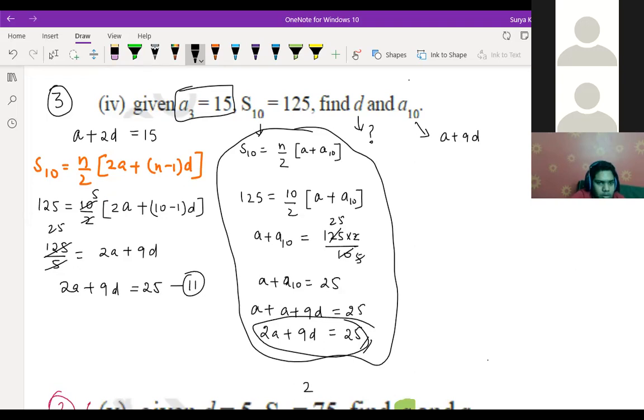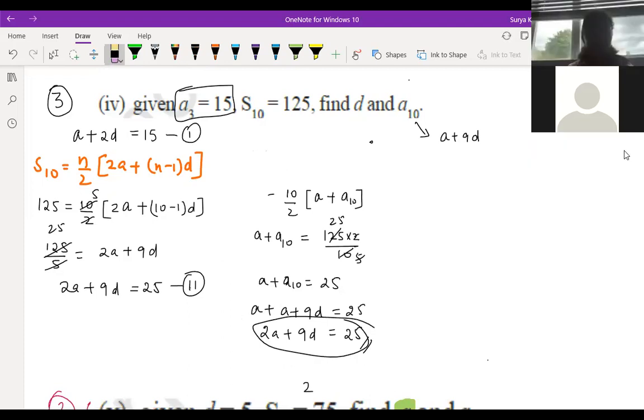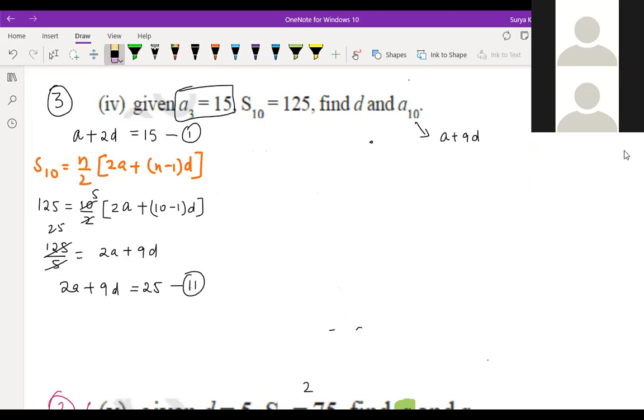So this is your first equation. This is our second equation. Can you solve this or not? Can you solve this, Hemant? Yes. Ananya, a little bit confusing, the second equation, sir. We can get the value of A and D by solving the first equation and second equation, children.